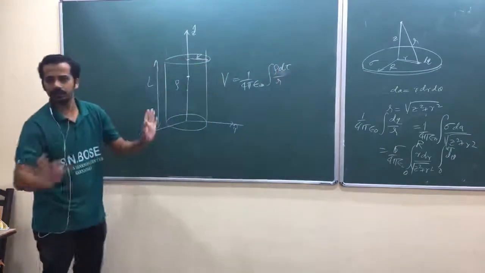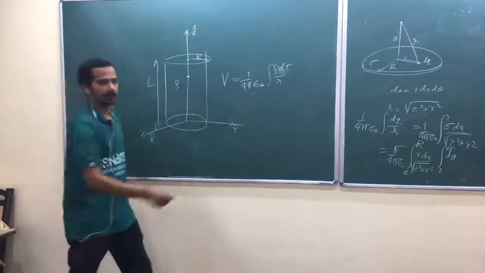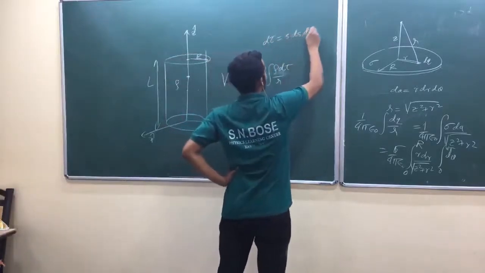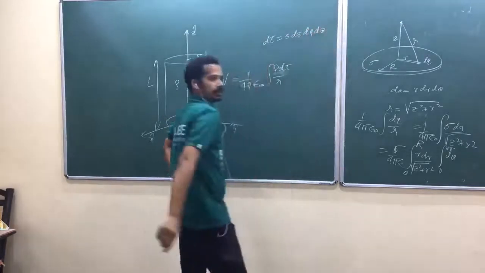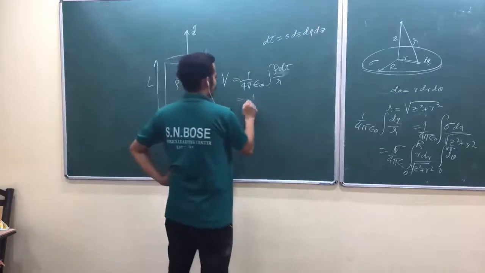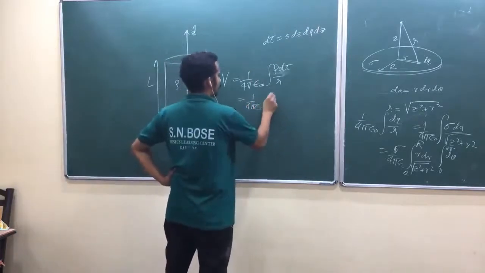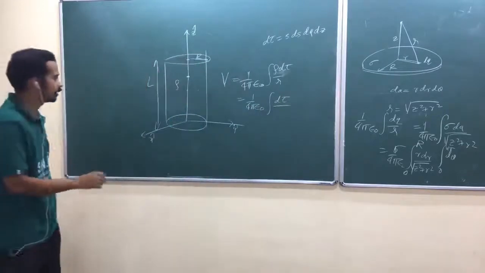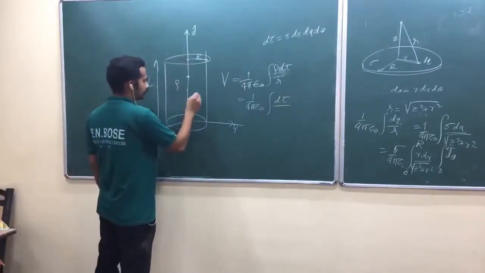Now you have to do everything in cylindrical coordinates. What is dτ in cylindrical coordinates? Yes, s ds dφ dz. Now rho is constant, so you can take it outside, 1 by 4 pi epsilon naught. The italic r definition is a little lengthy. So now you have to take from the origin.